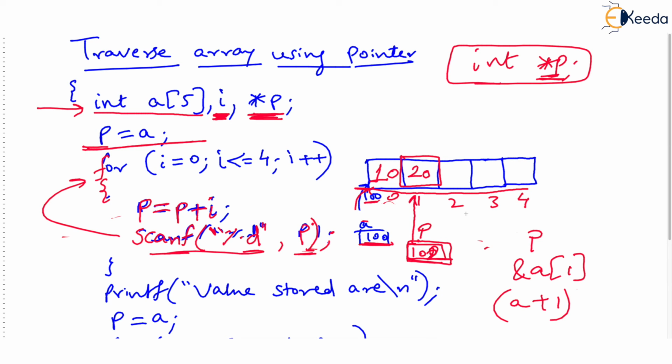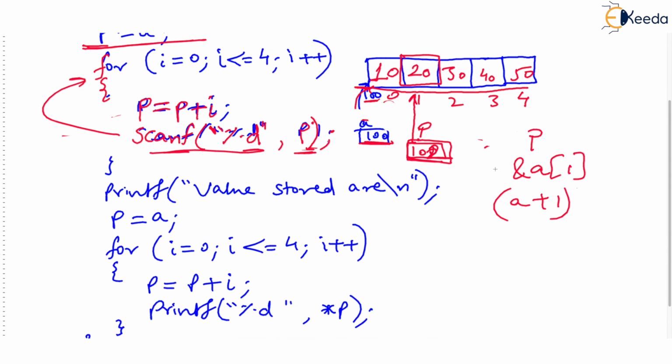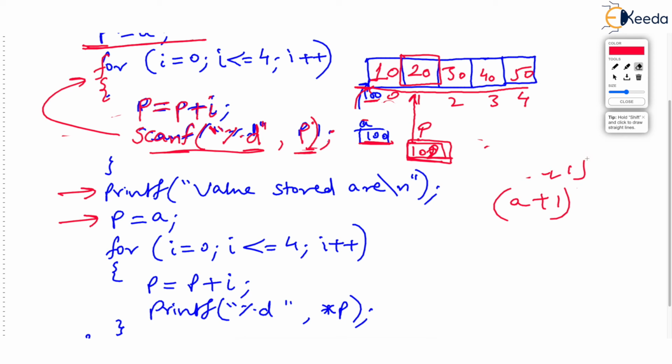Let's see, once you have stored the entire array, imagine that the for loop is over and you have stored the entire array. These are the values stored by the user. Now you want to print all these values back on the screen. So what's important is that while you are printing the values, you should make p equal to a again. What really happens is p was moving in the array, isn't it? P can move. P is not a constant pointer. Please try to understand. P is an ordinary pointer and it can point to any integer.